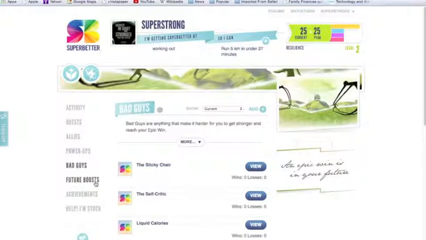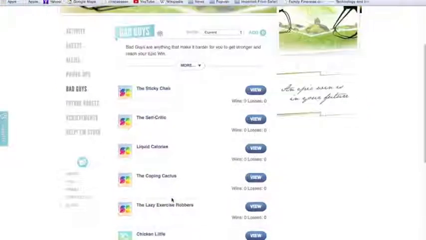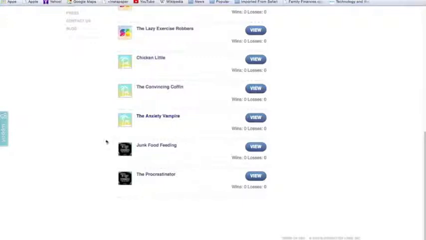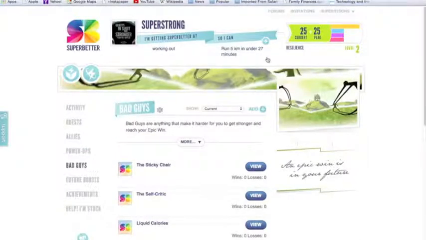It'd be important for you to talk to your students about identifying the bad guys here. What are some of the things that will possibly trip you up, right, along the way? So two that I've created here as an example is junk food feeding, right? If I feed my body with bad fuel, it's going to make it hard for me to really be motivated and want to push. As well, the procrastinator, right? I'm going to want to always put things off and work out tomorrow, but that's not really going to help me along my goal. So those are two bad guys that I've set out for myself.